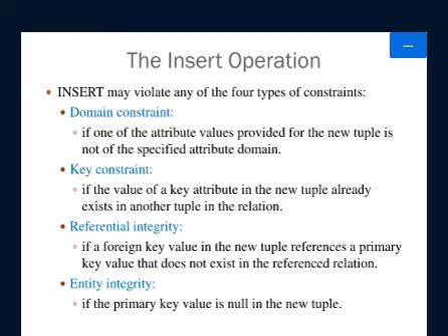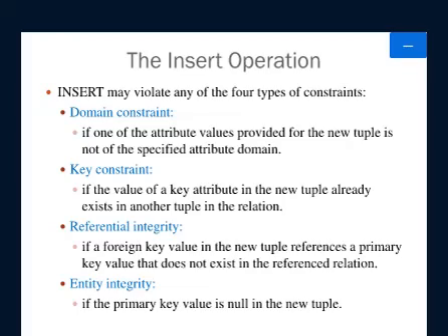Next, the insertion operation may also violate the entity integrity constraint. What does the entity integrity constraint say? The primary key value should not be null. Yes or no? So when I am inserting values into the attribute which I have defined as the primary key, I should not enter null values. Suppose I try to enter null values, that means I am going to violate the entity integrity constraint. Hope it is clear for you.